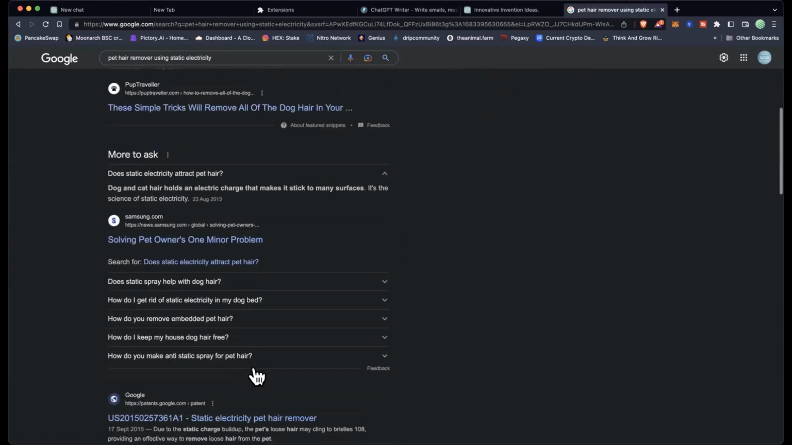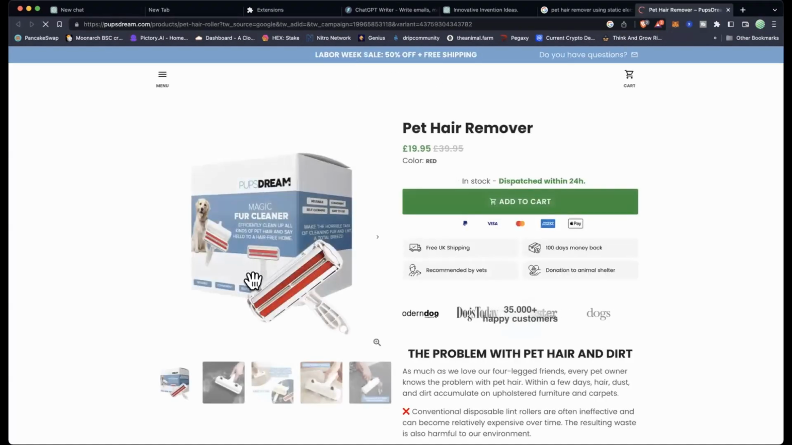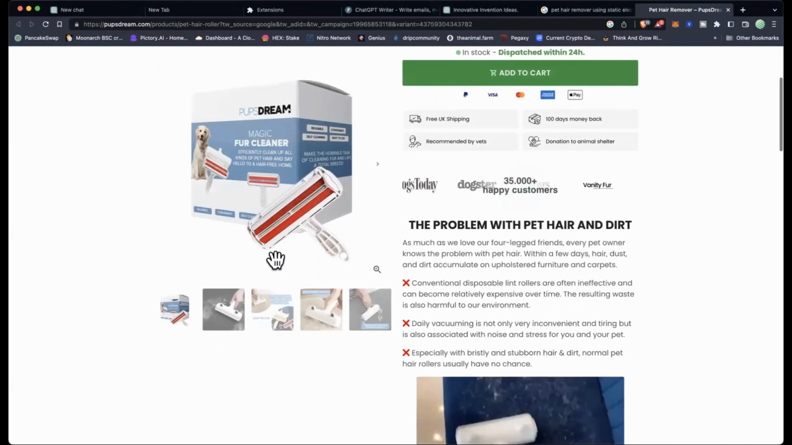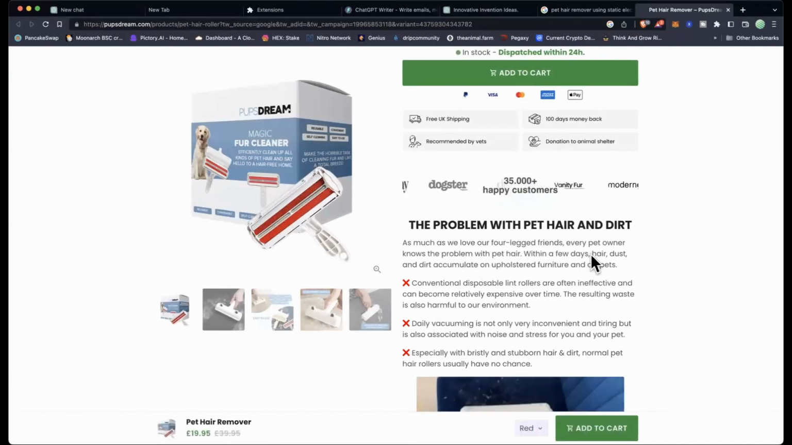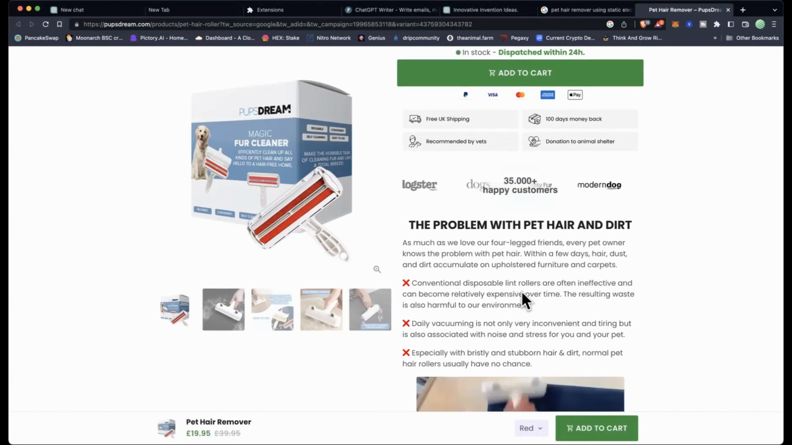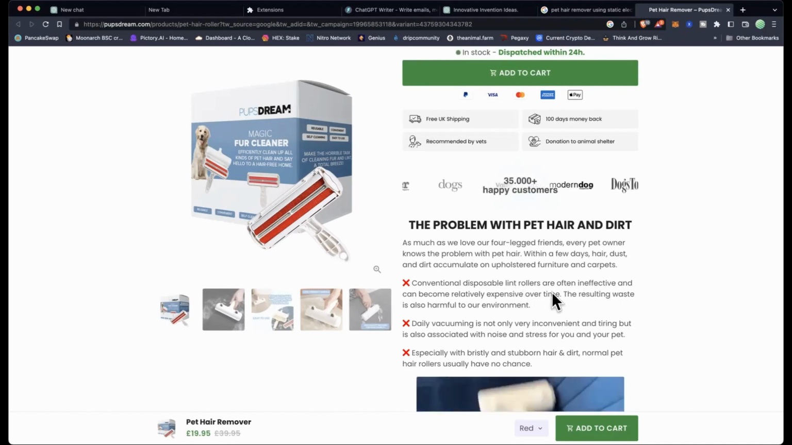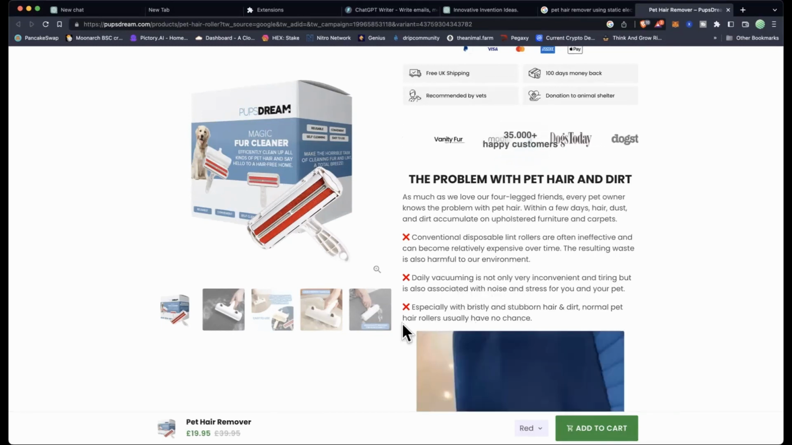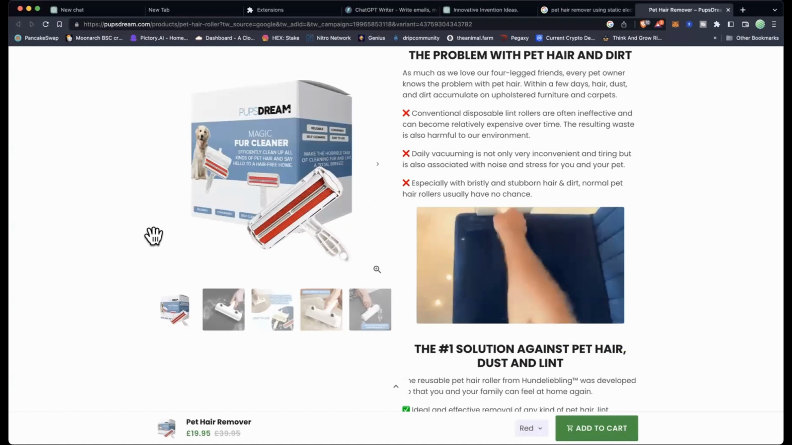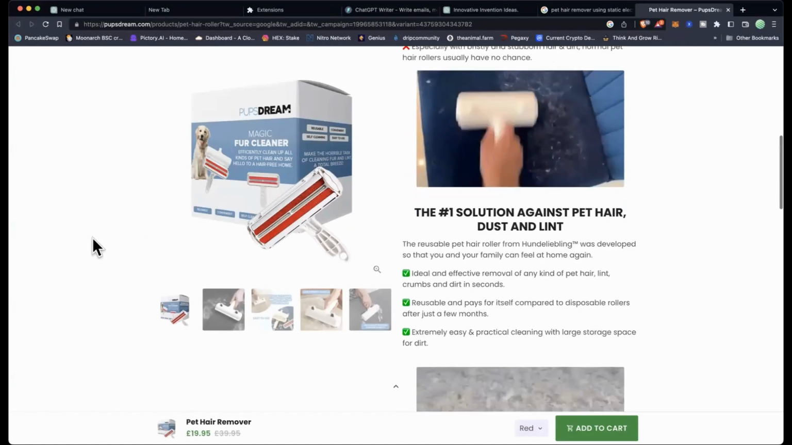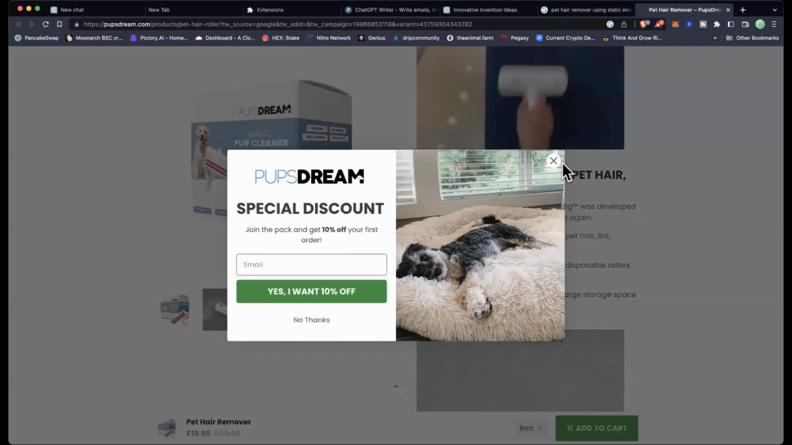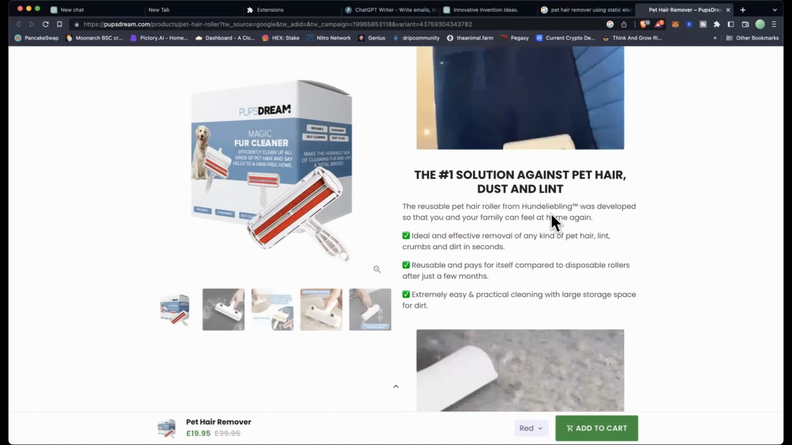Right, so, but whether they've got products, let me just look at this and see if it actually uses static electricity. Hair remover, the problem with pet hair, and as much as we know, it gets there. Conventional disposable lint rollers are often ineffective. Daily vacuuming is not right, especially. So what do you do that is different now? They're probably using static electricity then. So the solution, the reusable pet hair roller from